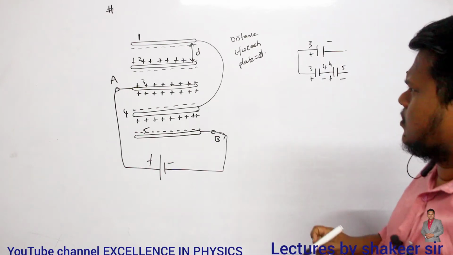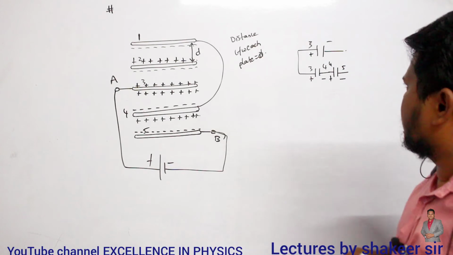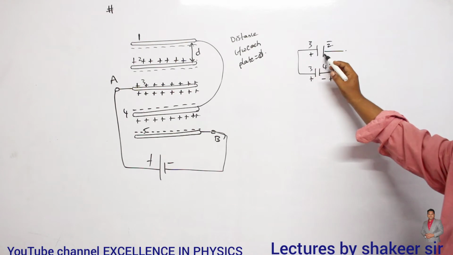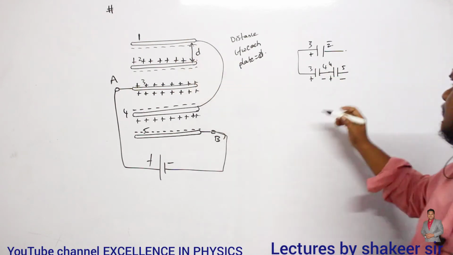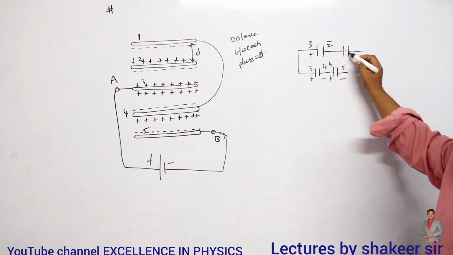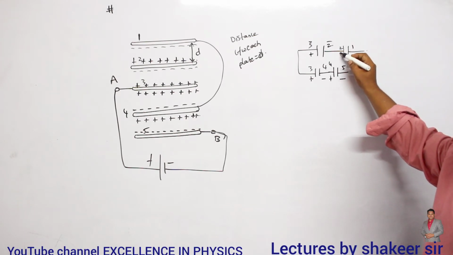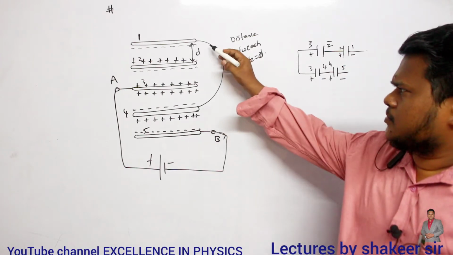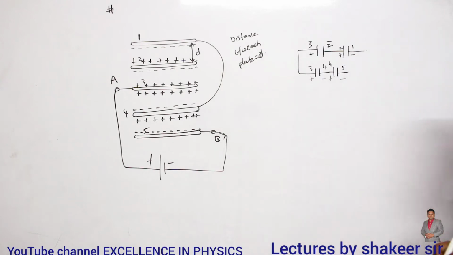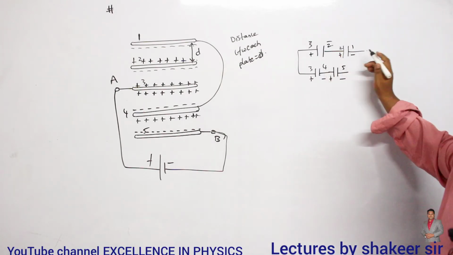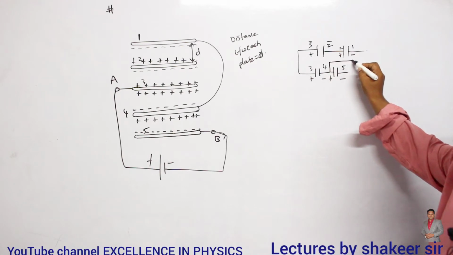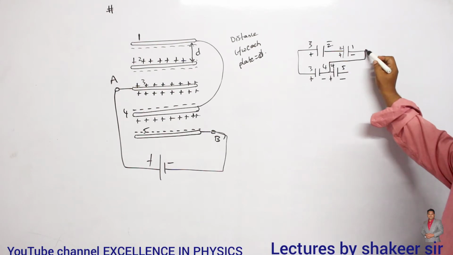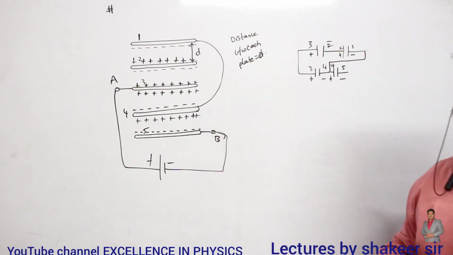Okay. Next, see what is connected here. 4 and 1 are connected to the same potential. So this is positive, this is negative. Next I will go from 2 to 1. So this is 2, this is 1, this is a positively charged plate and this one is a negatively charged plate. Now which are the plates connected by a conducting wire? 4 and 1. So what can I do? I can take one wire from here and connect it here, because this is plate number 4 and this is plate number 1.